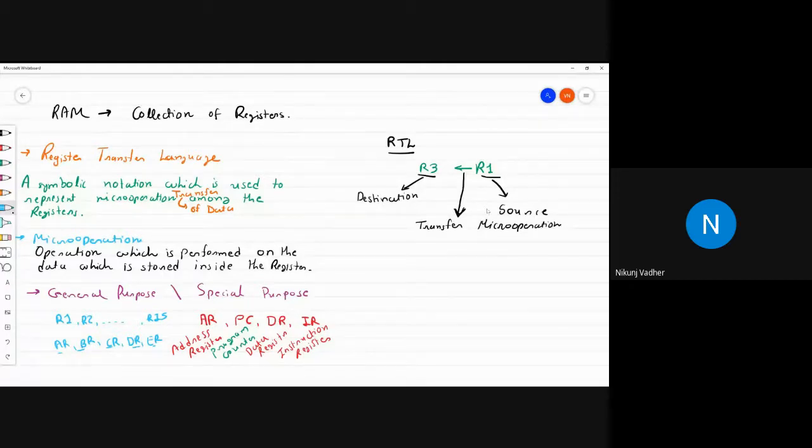So whatever operation you want to perform, whatever instruction you want to use, whether it is arithmetic or logical or shift, all that you can perform in general purpose registers. Whenever you are writing any program and taking one variable, that variable will occupy one general purpose register. Another variable, another register. So we will have a set of general purpose registers. Clear?